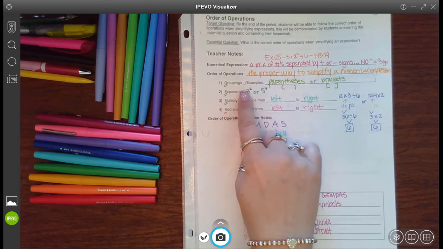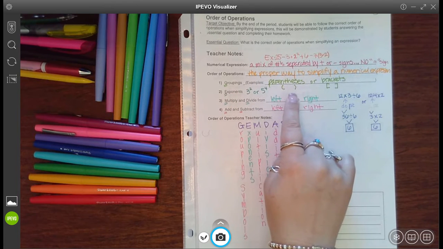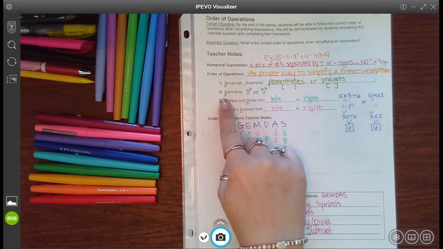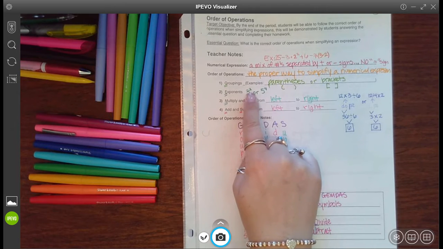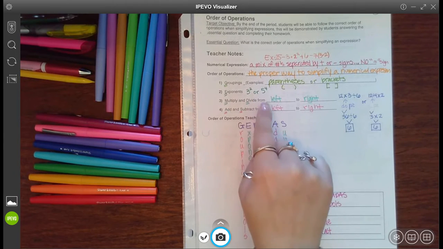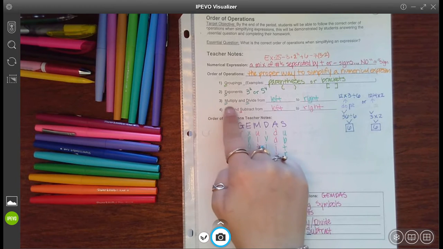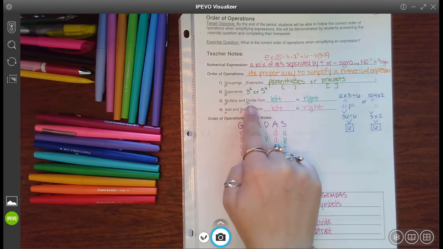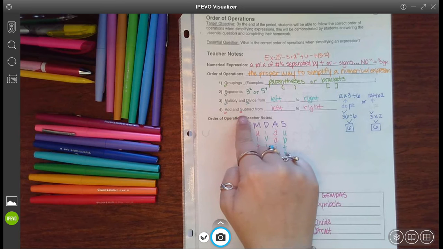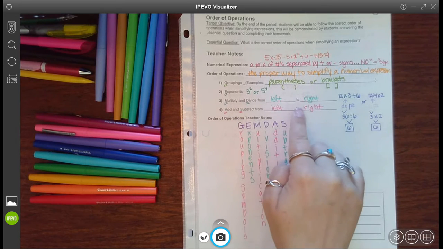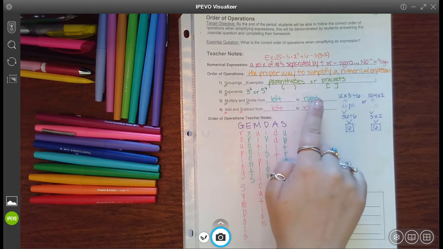Then after we have all of our groupings down to a singular number, we move on to any exponents that we see. Remember that little number up top attached to a base. After we take care of that, we do any multiplication or division. We do any multiplication or division before we do any addition or subtraction. And then notice how we have this little note of left to right here,